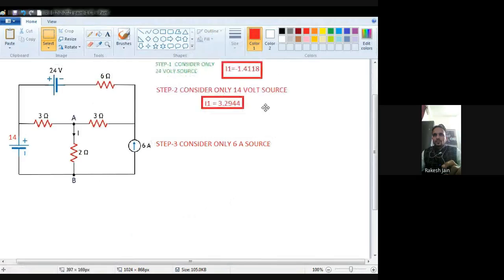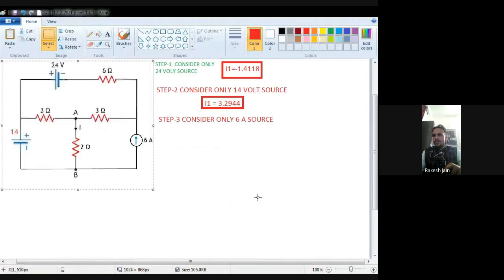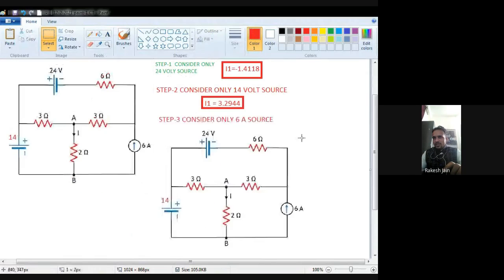So what is I2? We will find out from here. I2 is equal to 42 divided by 51. From the calculator I just checked this answer: 42 divided by 51 is equal to 0.8235. I write down 0.824.